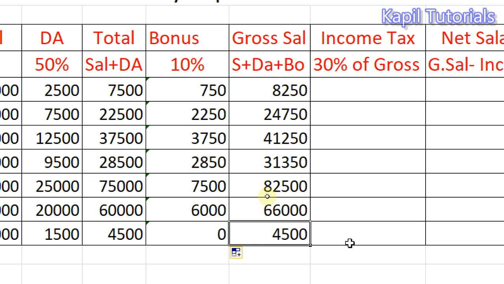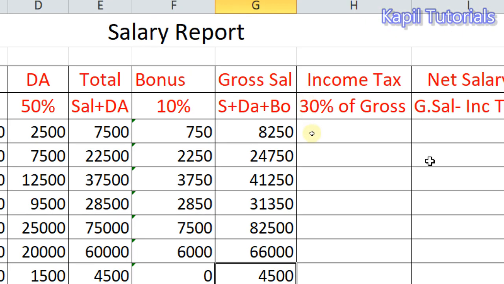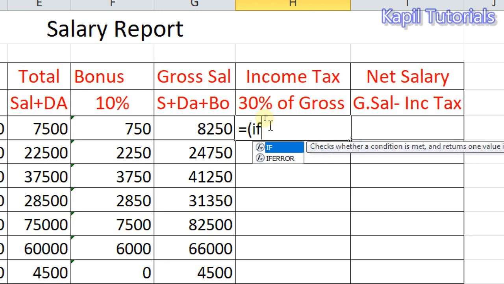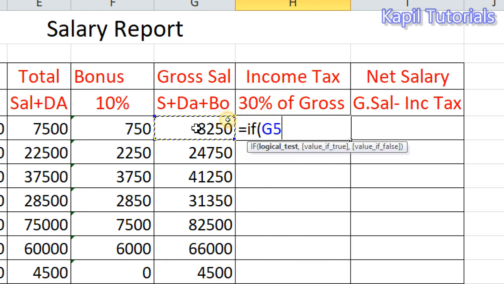This condition is clear. Now income tax is 30% of gross. So here we have to calculate 30% of the gross salary. Now what is the gross salary? This is the gross salary. Again it is very simple. Equal to, I can just start with the bracket, if gross salary multiply by 100, bracket close.